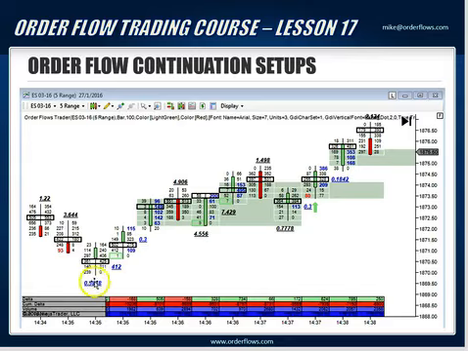Really, what's important is to have 1, 2, 3 blue numbers in a row, or on a down moving market, if they're up above the red bars. Where your point of entry is, it's somewhere between these 2 points of control, between the third bar and the second bar. You want to get a little bit of a pullback for a better entry. There's going to be times where it just continues on and you miss your entry, but I prefer to have a little bit of wiggle room by getting a better entry